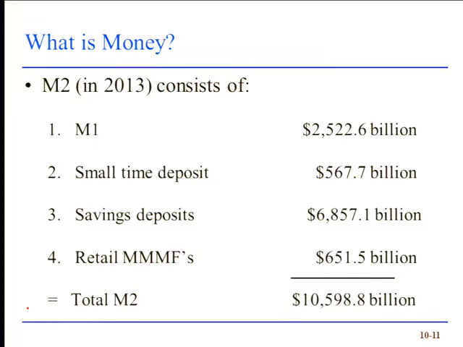In fact, it's even easier than that because my bank will let me take money out of my savings account to pay it electronically. So while none of these are really the medium of exchange, the technology in the banking system has gotten so good that this stuff can be translated into the medium of exchange almost instantaneously. So this is why we sometimes refer to this as near money, meaning it's almost the medium of exchange.